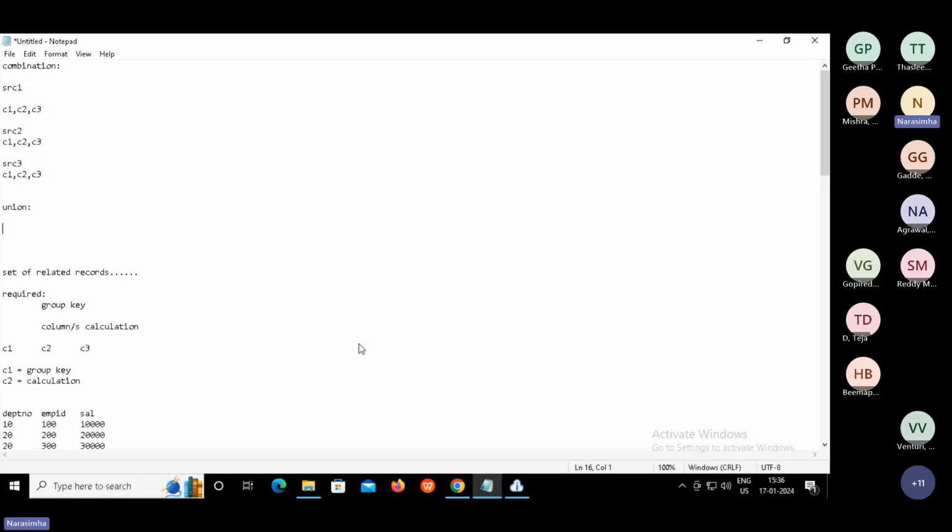Union transformation. Like we have A union B union C. Yes or no? We all know that, right? It's the union concept. So blindly it is going to combine the data from all the sources because the structure is the same, right? Once the structure is the same, we can combine it. It's as simple as that.